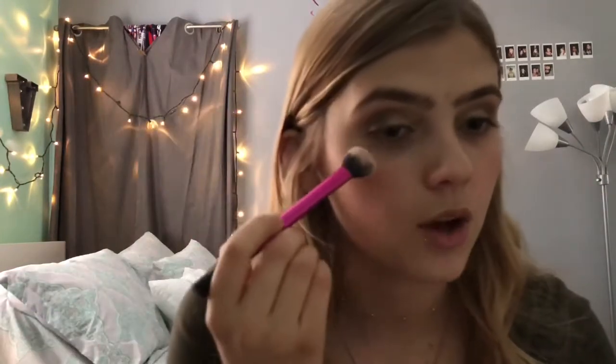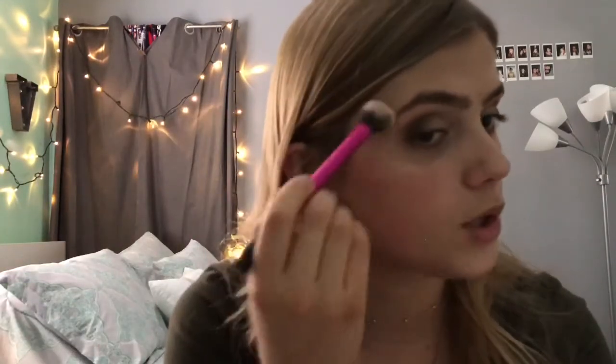So that way when you turn, the product is bending with your skin, if that makes sense, and it's not just a stripe on your skin. It goes with the natural bone structure. A little bit on the nose and then a little bit on my cupid's bow. Okay, now that I'm done with that,